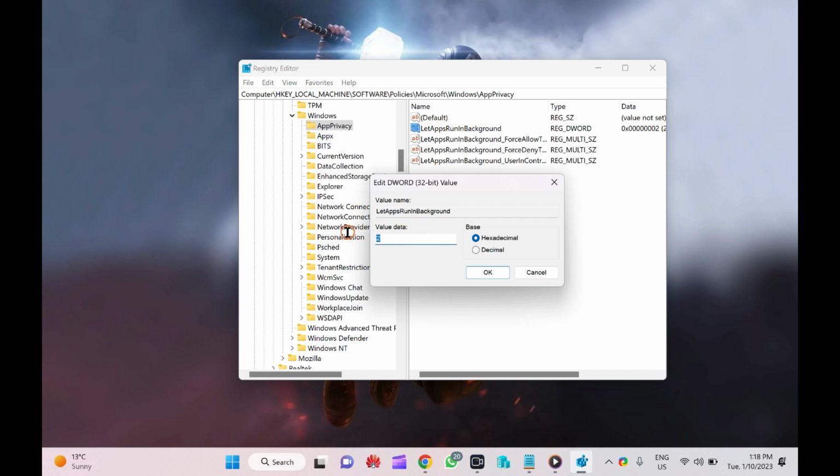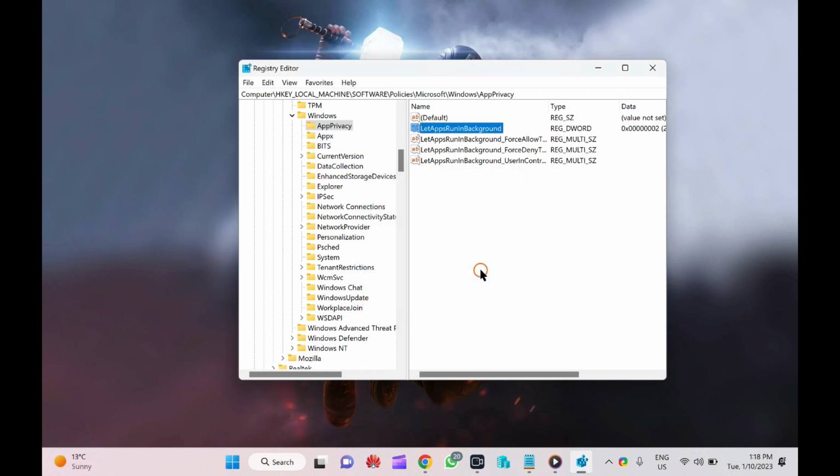If you want to allow apps to run in the background, put the value 0. In my case I will put 2 because I want to speed up my PC's performance. Then click on the OK button.